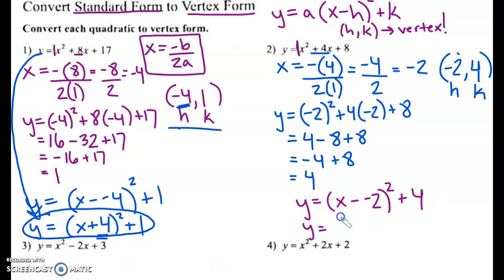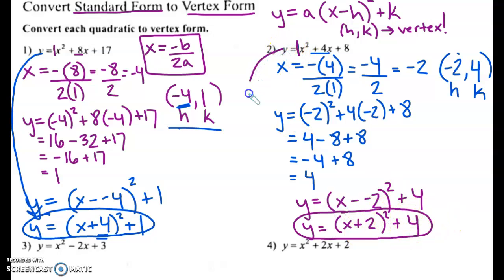So when I simplify, I get x minus a minus turns into a big old fat plus, and that's it. So final answer is y equals (x plus 2) all squared, plus 4. So I just turned standard form into vertex form. So you can easily see what the vertex is in this. It would be negative 2, positive 4, because remember it's opposite of what you think due to the normal vertex